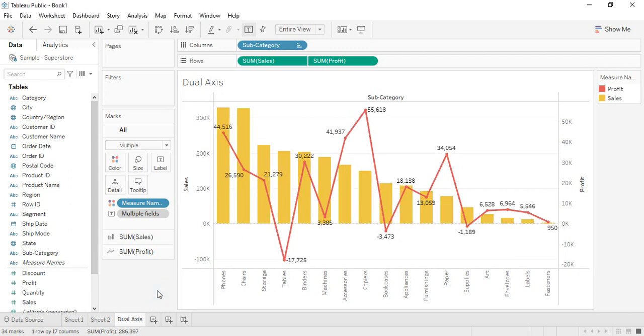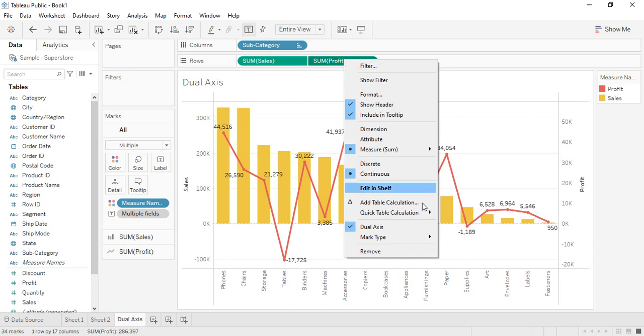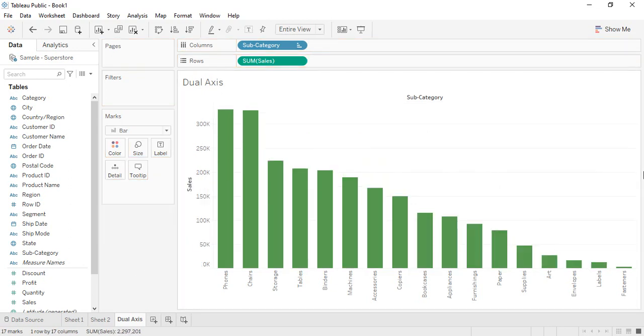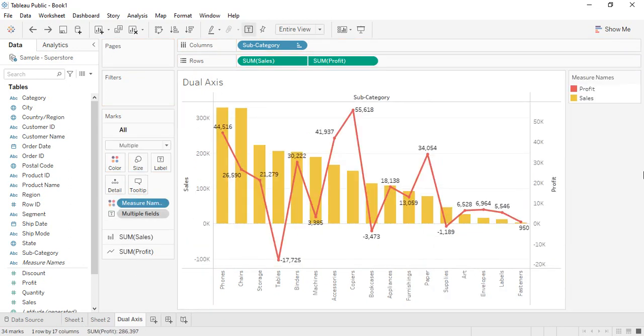So this is how we can work with a dual axis chart. But here we have just two parameters which we combined together. In case you want more parameters to be combined, how can you work with it? But before that, if you don't want two parameters anymore, if you just want to dissolve them, you have to right click again and make sure that this dual axis is unchecked. So again your parameters would be split like this. If you want to delete any of those parameters, you can just drag them and drop them over here, and that would be deleted. But I don't want to do that because that was looking good. That's what we needed to understand over here.